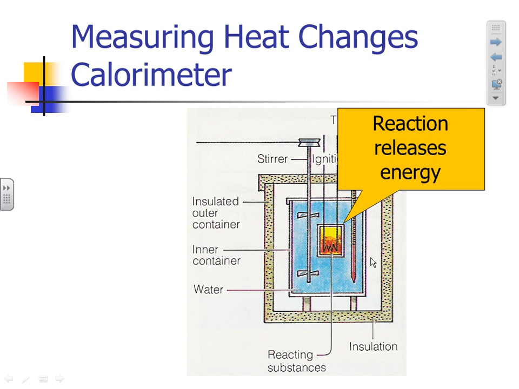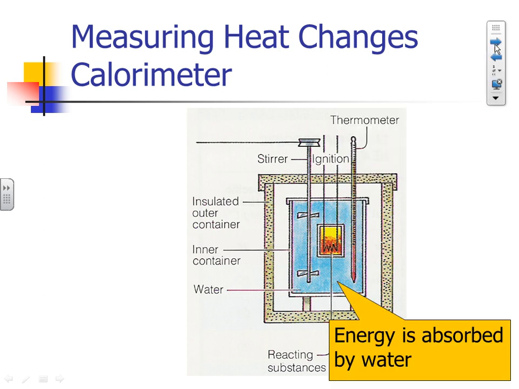Also, in the calorimeter, you're going to have something cold. That's going to be water. So you're going to put water in first, then you're going to put the hot thing in. If the water's cold and the hot thing is hot, energy is going to flow from the hot thing into the cold thing until they reach the same temperature. All right? Based on the measurements that we're then going to take,